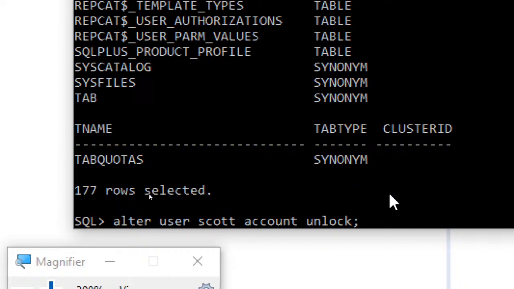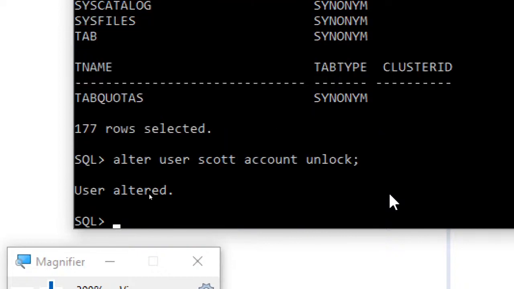So you need to give this command after logging into the system account, because for the system account you will be able to log in directly with the password that you provided at the time of installation. After you log into the system account, at the SQL prompt you have to type this command: alter space user space Scott space account space unlock semicolon.